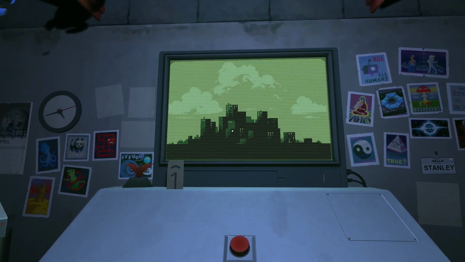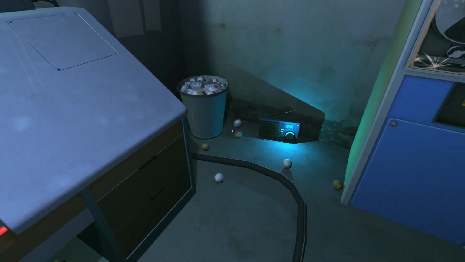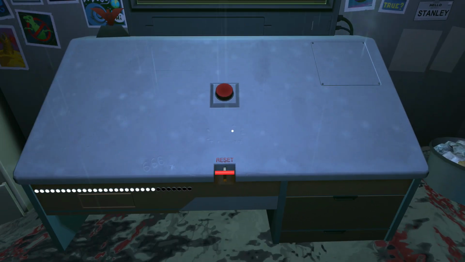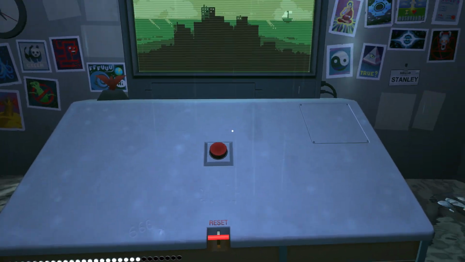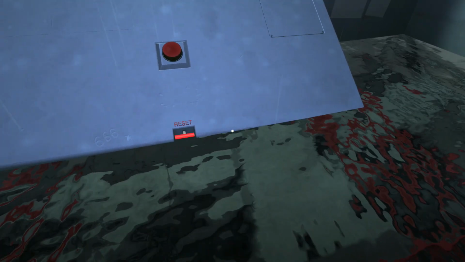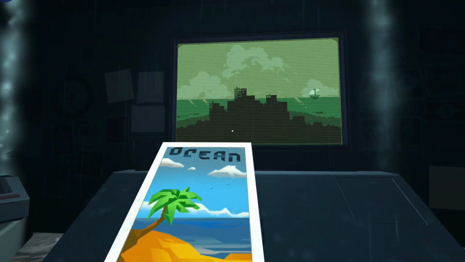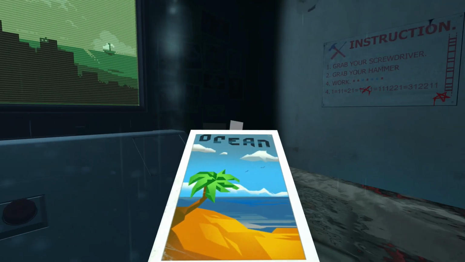And now your whole city is basically going to be underwater. Your little office is going to fill with water, and when it does, hit the reset button and then we can move on. Alright, so now we're full. Hit the reset button, put your painting up on the wall, and now we can move on to ending number